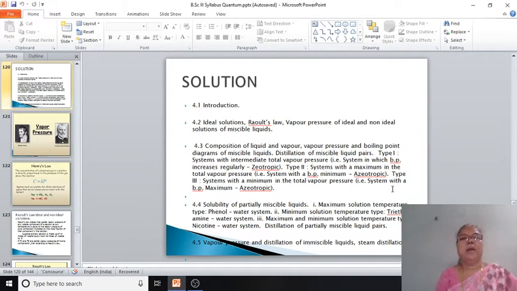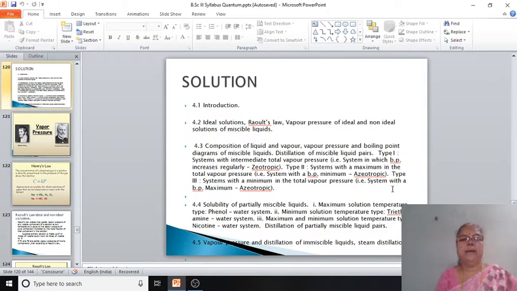CST, that is the critical solution temperature, is defined as the temperature at which two completely immiscible liquids become completely miscible, and that temperature is termed as consolute temperature or critical solution temperature, and it is abbreviated